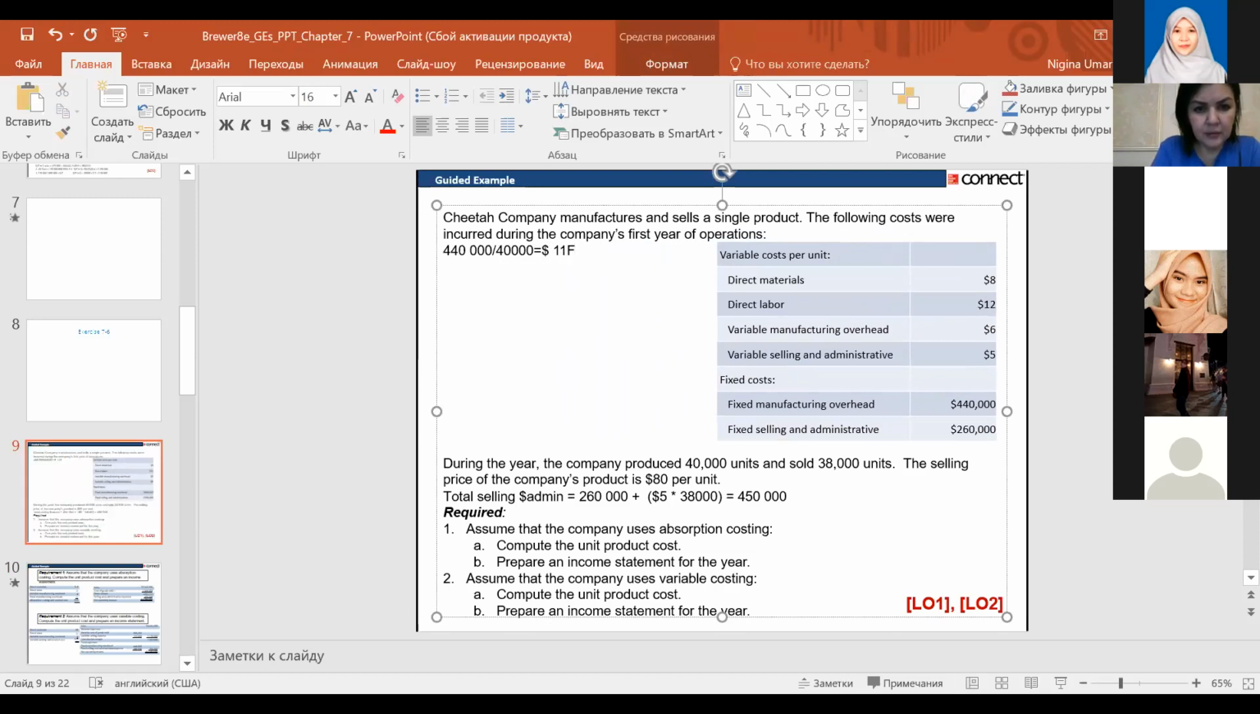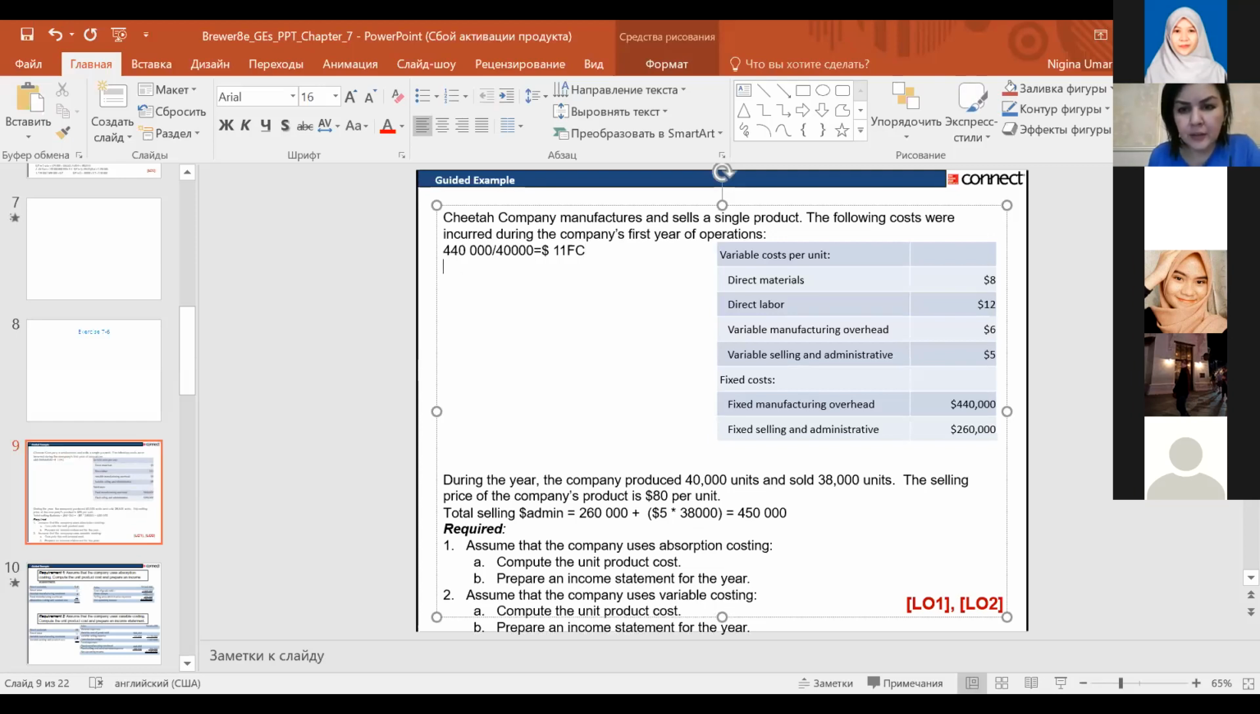Fixed cost per unit. How many units have been left in inventory? How many units do we have in inventory? We have 2,000 units. Yes, let's multiply by 11,